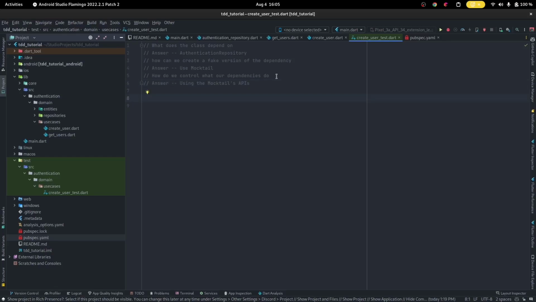So let's start with our test. Now we know what our class depends on. The second thing is, how can we create a fake version of the dependency? We use Mocktail. In order to do that, we start by creating a fake version of the class. We can call that fake auth repository, fake auth repo, but more conventionally we say mock instead of fake. So mock